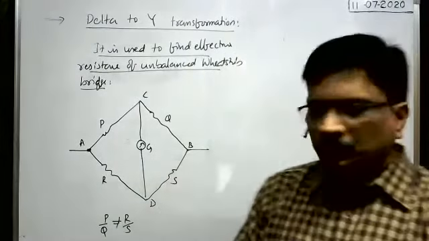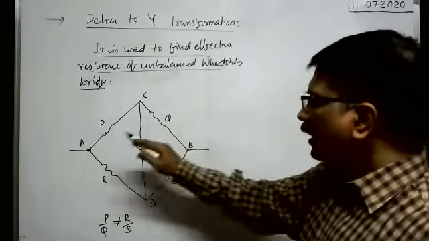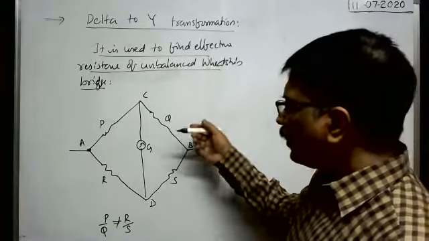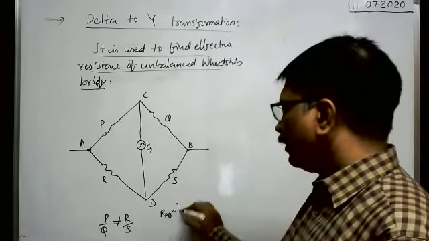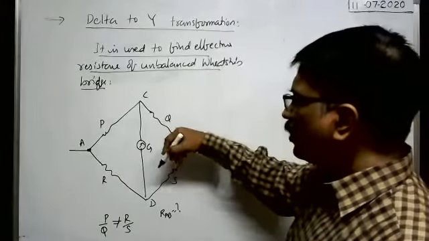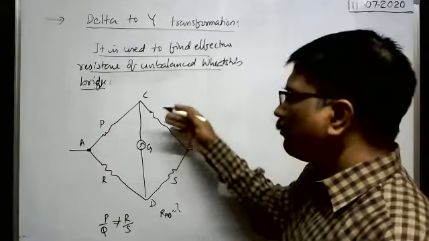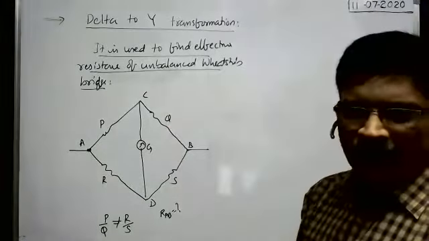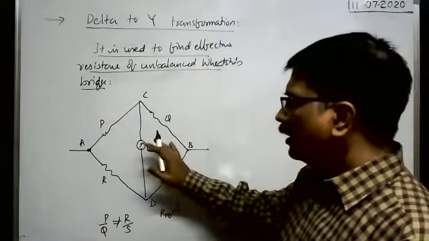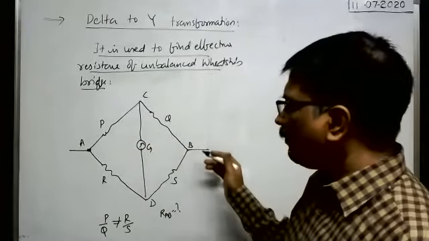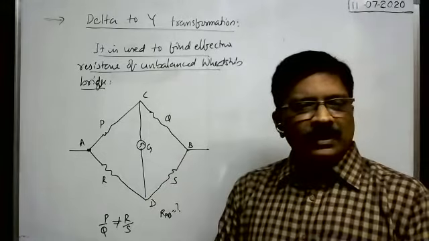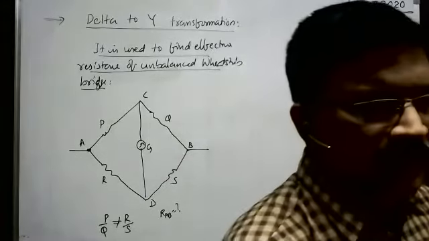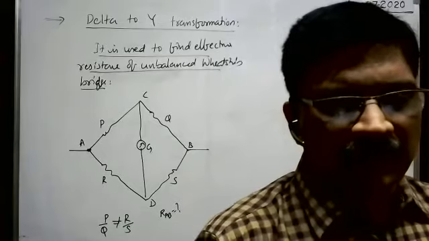I will explain. So here between A and B, what is the effective resistance they asked? Between A and B, effective resistance is R_AB. Suppose if it is balanced Wheatstone bridge, already I said how we can find the effective resistance between A and B. If it is unbalanced Wheatstone bridge, now between A and B, in order to find the effective resistance, it becomes tricky, complex. So in this case, how we can measure the effective resistance?